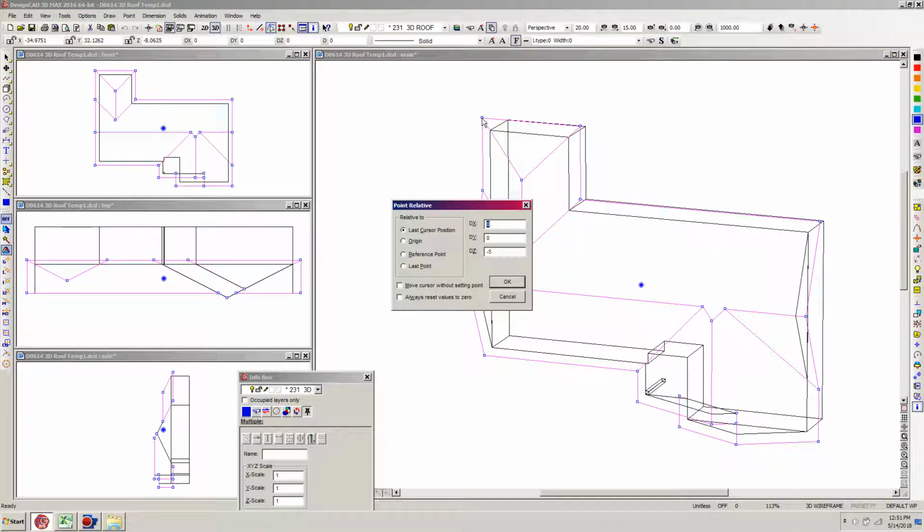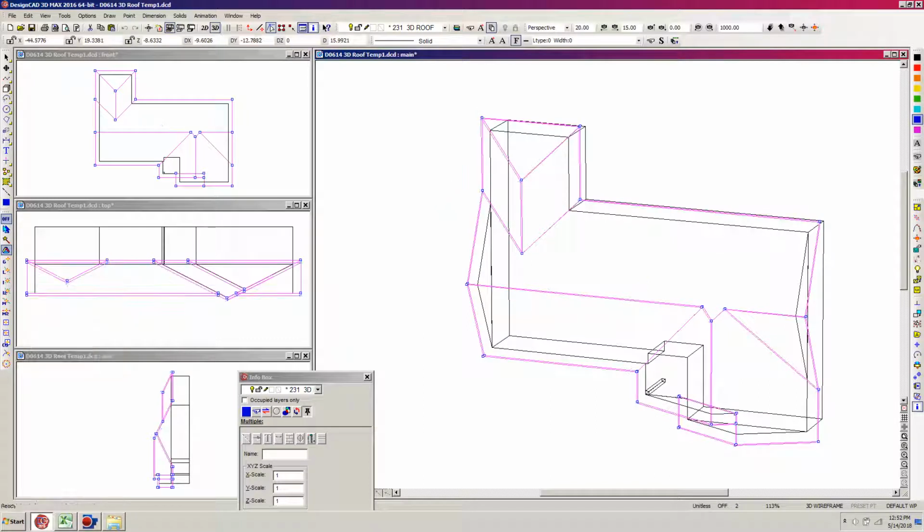I want 0 in X, 0 in the Y, and this is also going to be, and I'm going to hit tab and I'm going to hit minus and then Control V to put that 6.8480 in there, and click OK